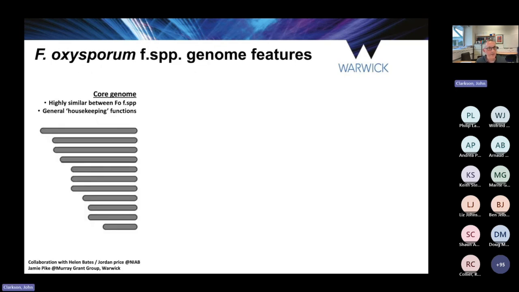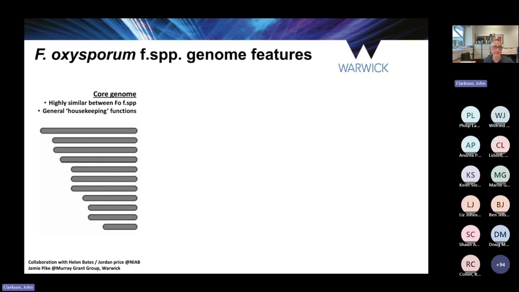These days, and it's becoming far more routine now, we can actually go and sequence genomes, and we've been doing this for some time in collaboration with Helen and Jordan at NIAB. And it's worth just pointing out some features of the Fusarium oxysporum genome, which is, if you like, compartmentalized